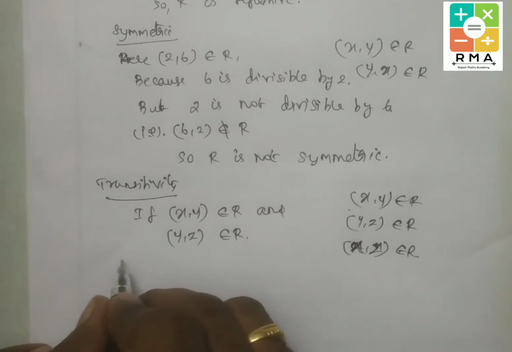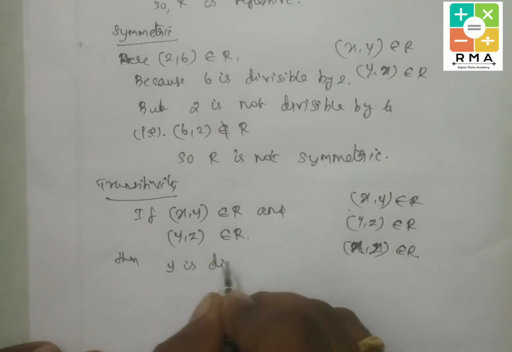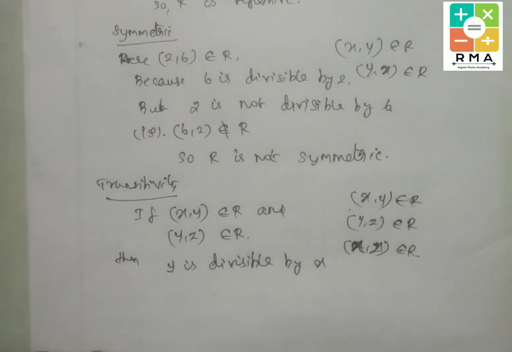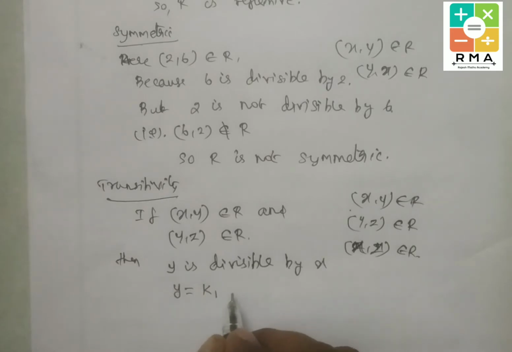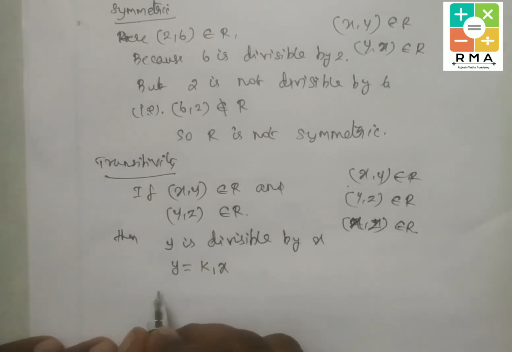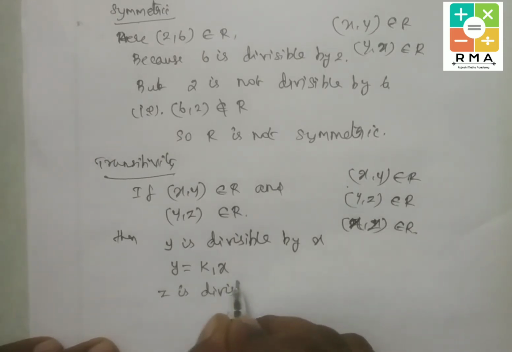Here y is divisible by x. So y is divisible by x means x must be a factor of y. So I can write that y equals some constant, that is k1 into x. Similarly, z is divisible